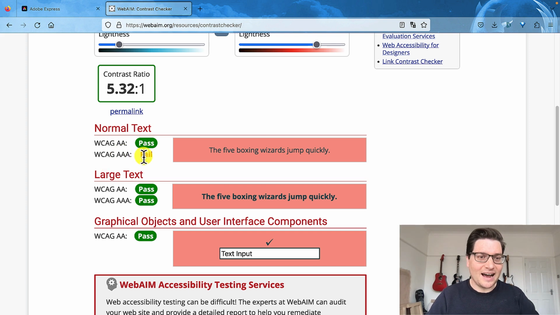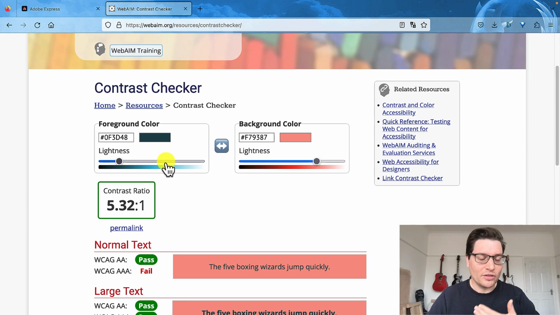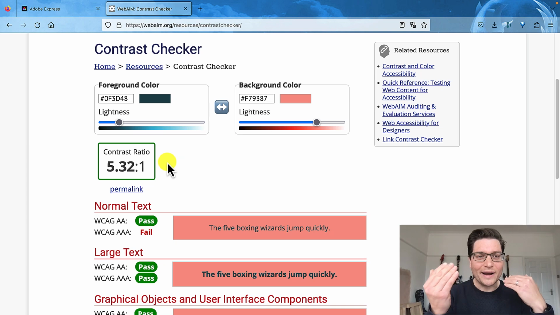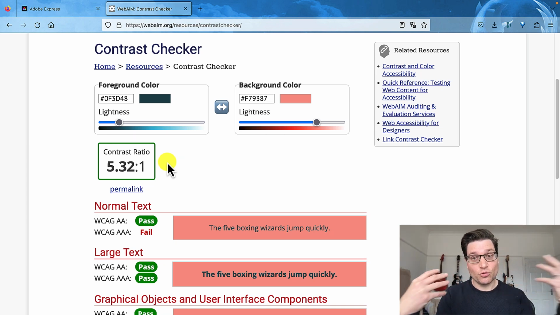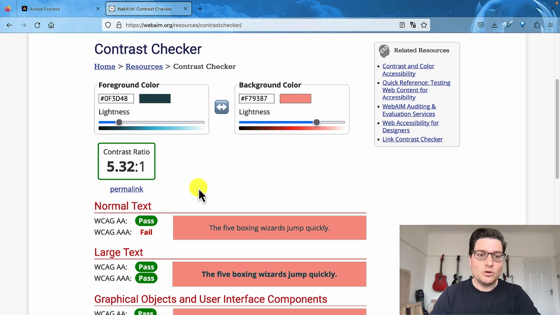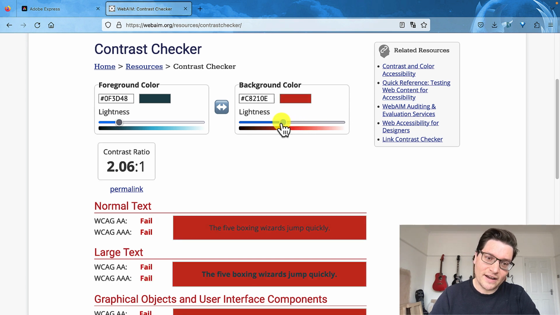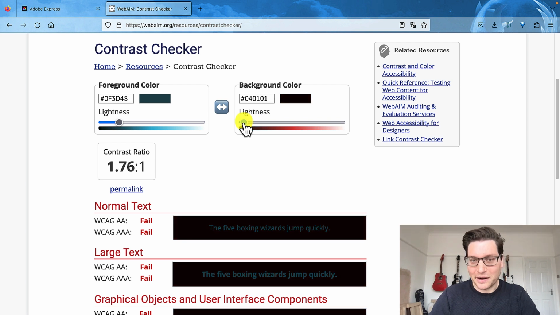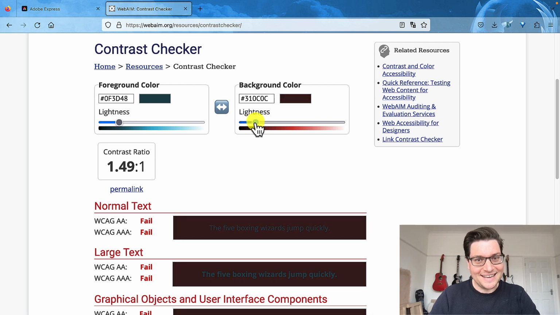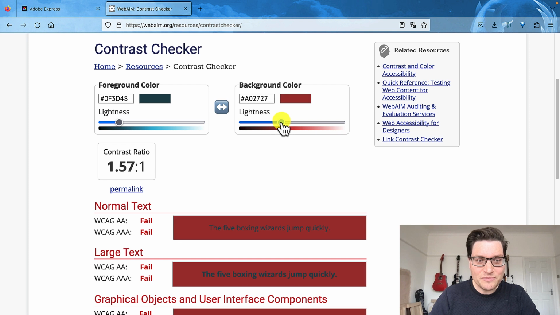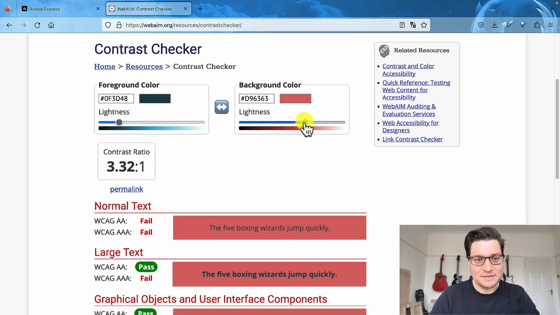So I can see that I'm not actually working very well. The contrast isn't quite right to capture the broad range of people that I want to be accessible to. So all I can do over here, I can take my slider, and if I go darker, I can see I start to fail and fail and fail. And eventually, no one can read it. So darker isn't the right way. I take my slider, drag it to the right, and you see I start to pass,